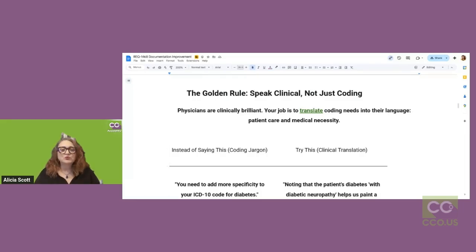The golden rule really is speak clinical, not just coding. Now, when I was working with Baylor, they had been educating in risk adjustment and diagnoses for over a decade in their outpatient. Usually it's an inpatient thing that most big entities like that focus on, but they were proactive and they started educating the clinicians, and therefore their reimbursement really was elevated in those lump sums that they would get for their patient population from the government. That being said,